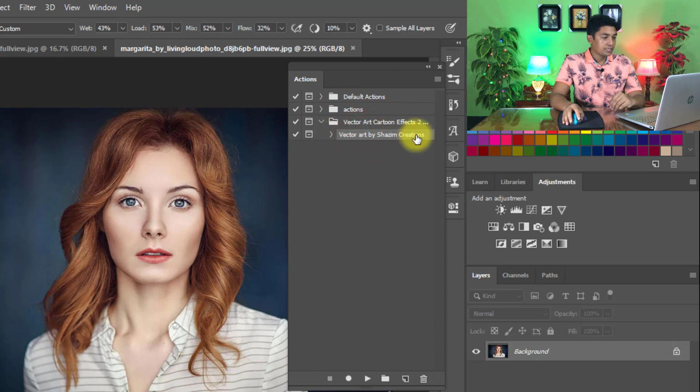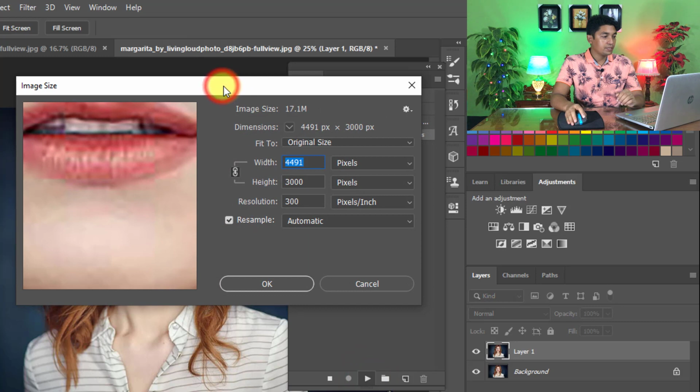Select the vector art by Shazim Creations and easily just click on the play button, and it asks for the image size. I set the image size for high resolution, so input here a wide or high quality size.